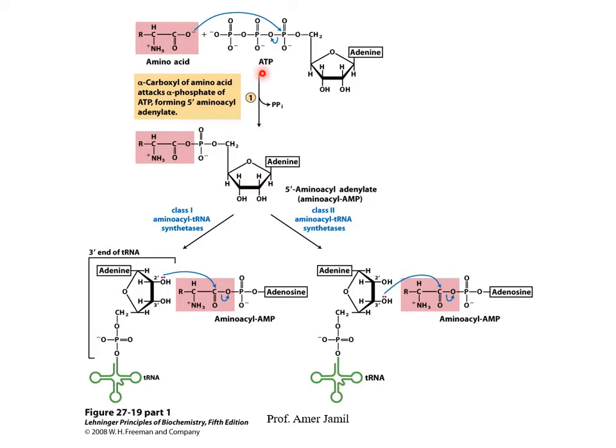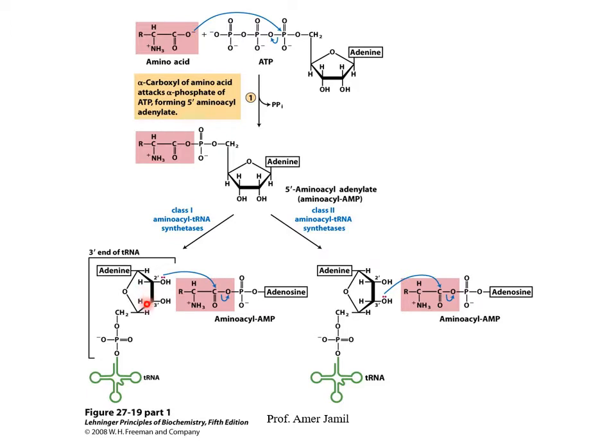Now this is brought about by the same enzyme, amino-acyl transfer RNA synthetase. Now there are two classes of the enzyme, as I mentioned. So half of the amino acids go through this pathway, another half through this pathway. What is the difference between the two pathways? It is very minor. There are two possibilities where the amino acid can be transferred to the transfer RNA. So this is the transfer RNA, and at the 3' end is the CCA. So this is the final A, adenine.